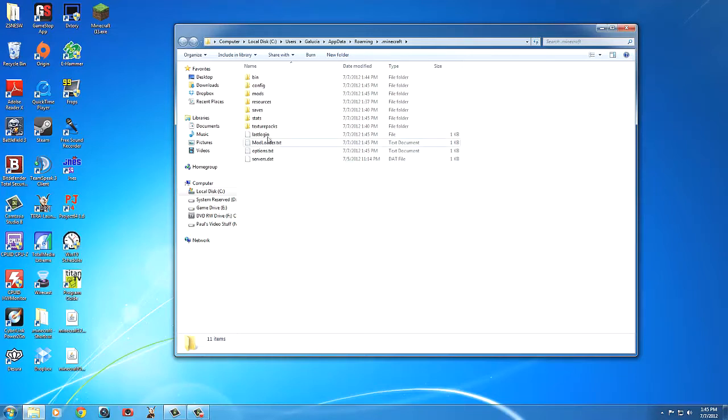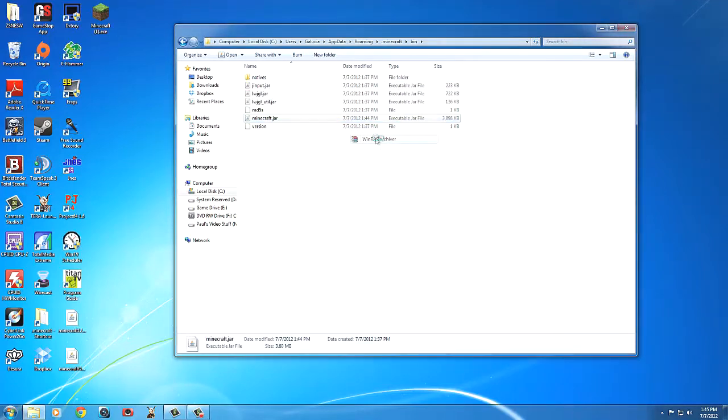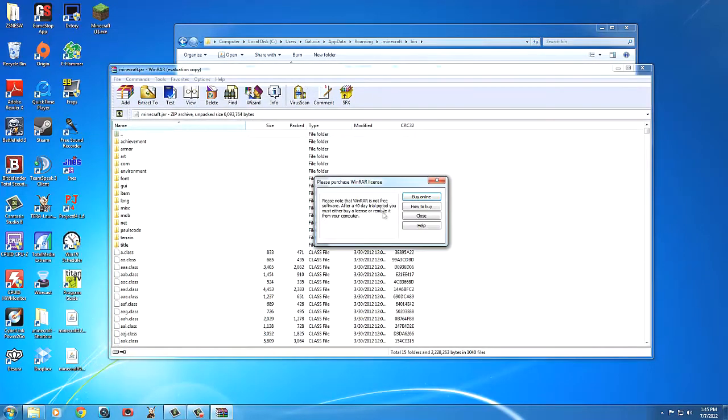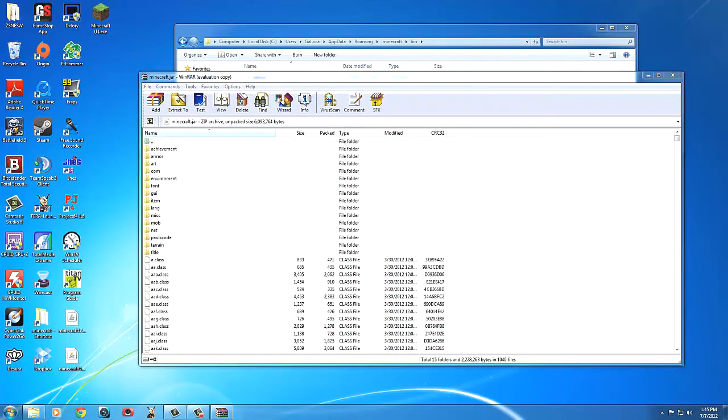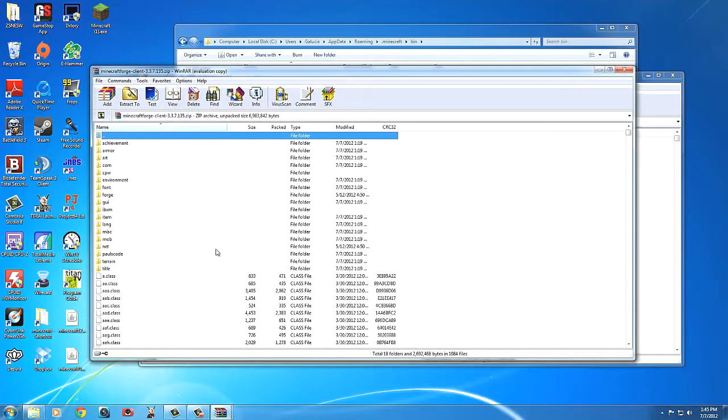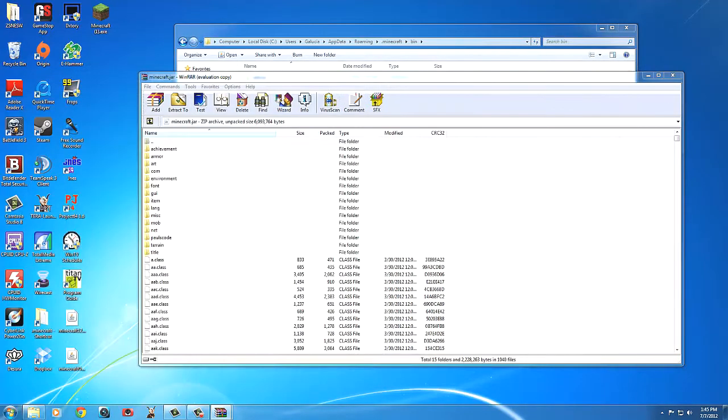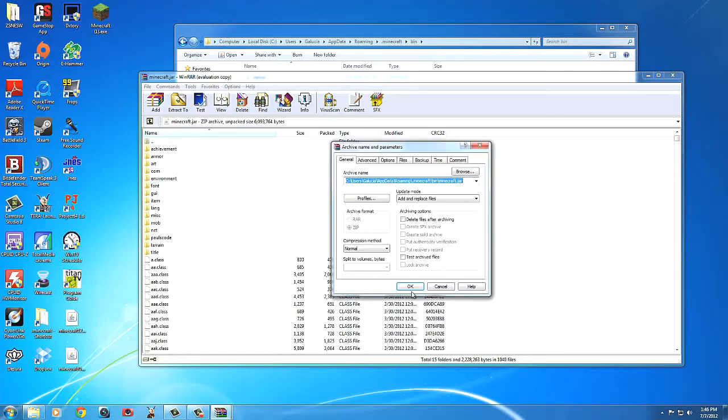So the next thing we're going to have to do is go back into our Minecraft jar. The next thing is to install that other thing I told you to download, which was MC Forge, which I'm also going to move once I get it open because it makes it easier for me to drag. That's a big one. It has a ton of stuff inside of it. So you're going to highlight all that stuff, drag it into here. It takes a second because, like I said, there is a lot of it. Click OK.